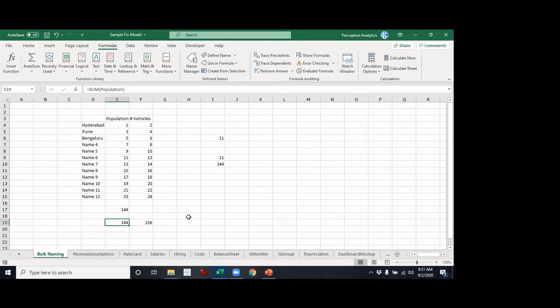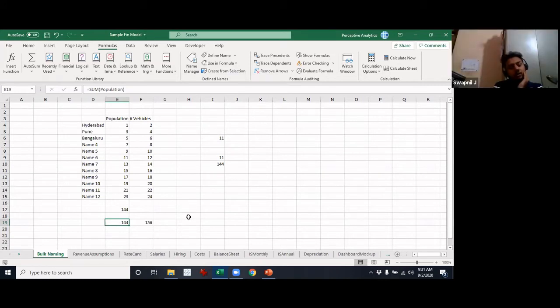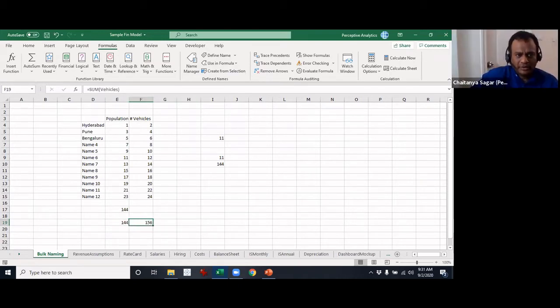Now, what if we have 2 same names? For example, we have 2 Hyderabads. In that case, I am not so sure what it does. In fact, we do have those right now, but it seems to have used vehicles. We can try it actually. Let me just undo this one.